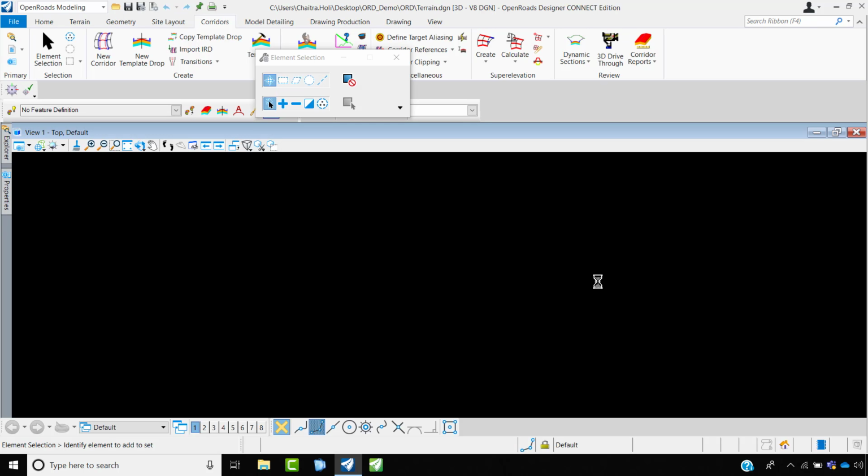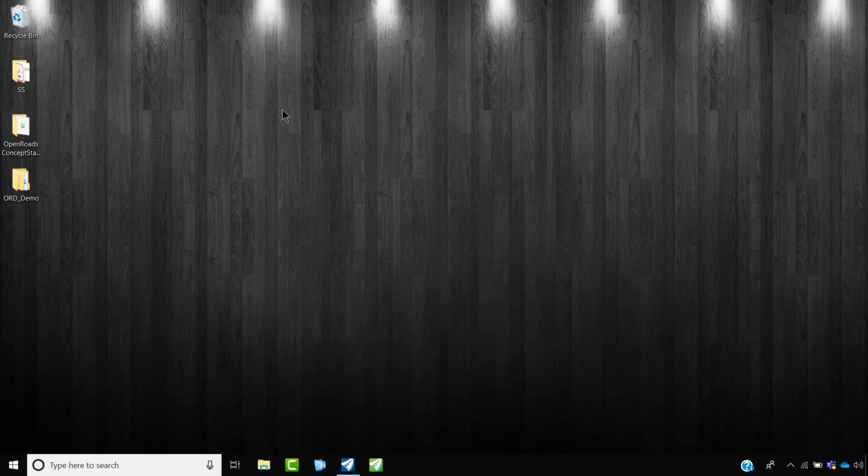So now we are in the OpenRoads Designer workflow platform. If I give a fit view, you see it as a blank DGN, because I've just created it as a blank DGN, and neither imported nor referenced any files. Before I start importing my terrain file from OpenRoads ConceptStation,